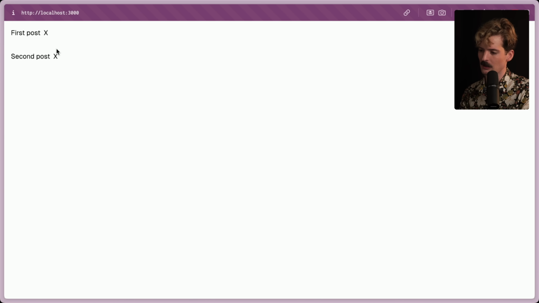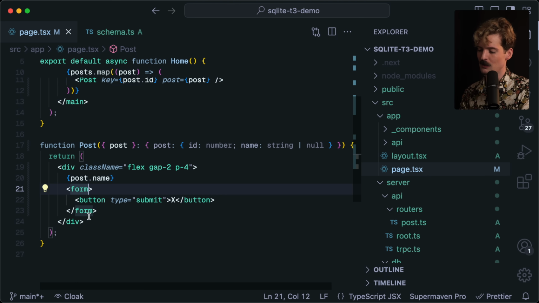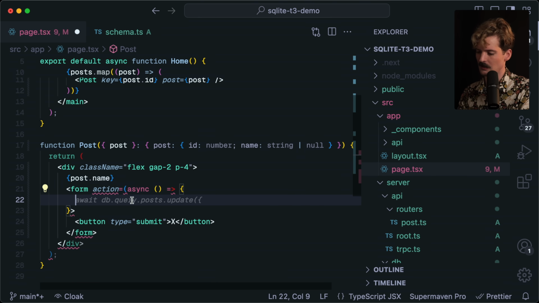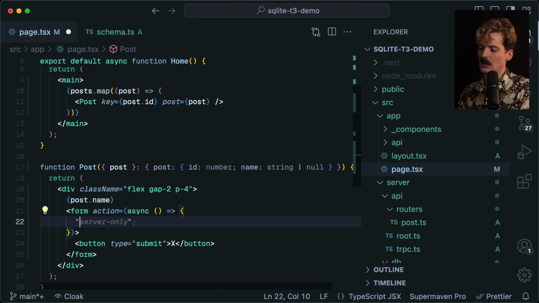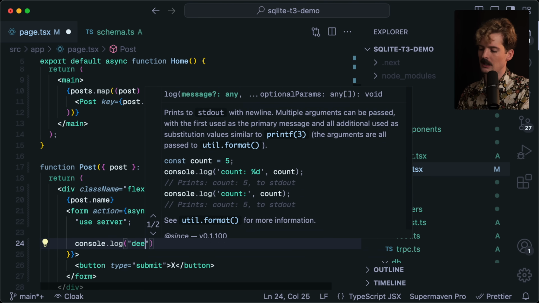So if you saw there, that little question mark, that's because it is loading data from the server when you do that. So if we want this to do something, we'll just make a quick action example. Action equals async function. I'll just do async arrow functions because it's easier. Oh, I did that wrong because I'm stupid. Cool. Async. And here's where you put use server. So I'll put use server here. If I console.log, deleting post, cool.